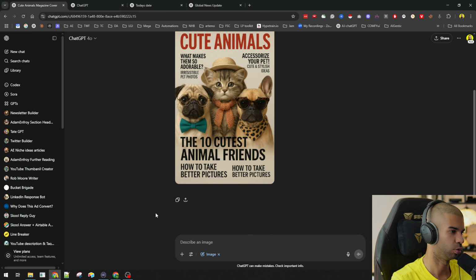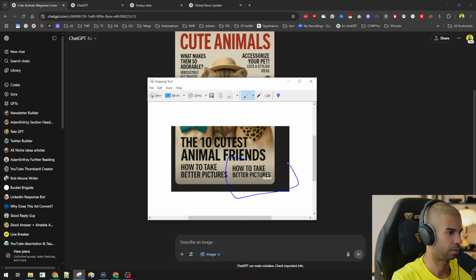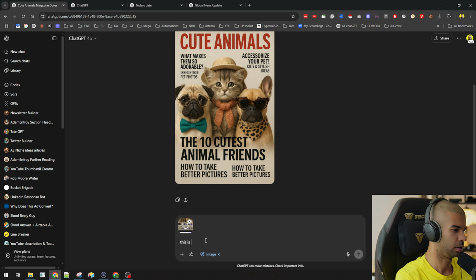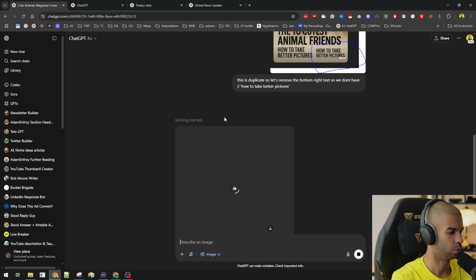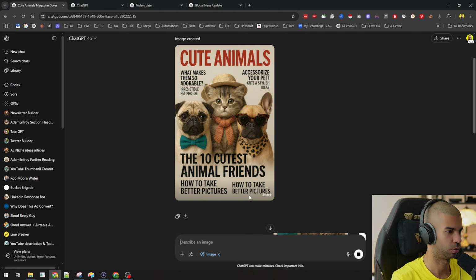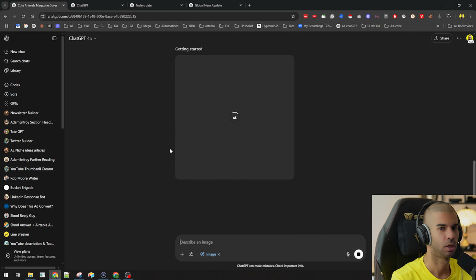What you could then do is also grab a screenshot of this and say something like, this is duplicate, so let's remove the bottom right text, so we don't have to have how to take better pictures. So this should recreate the image once more with the modification that we asked for, which would be the image without the bottom right text right there. So moving forward,